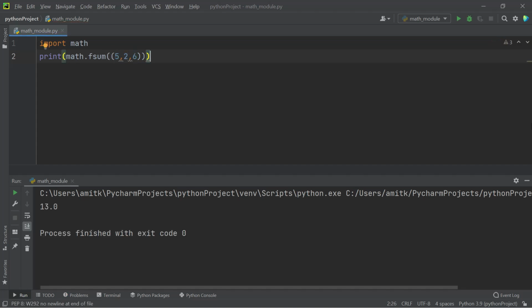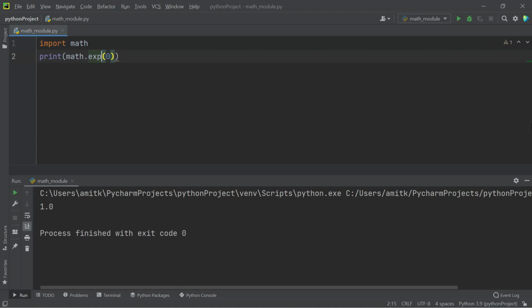Now I'm using the exp method. First I'm passing only an integer value. So the exponential of 6 is this. Let's pass a floating point value. And now in the next example, I am passing an argument 0. So the answer is 1.0. You can also pass a negative value to this method.